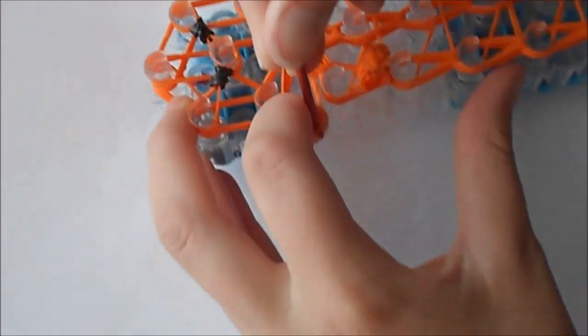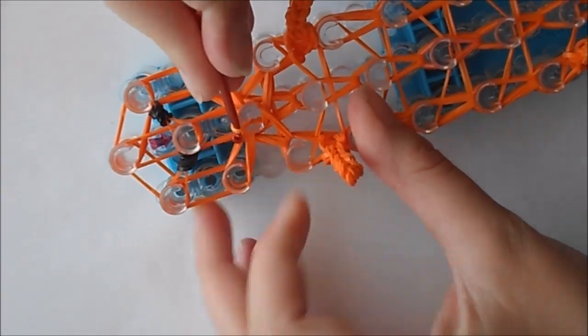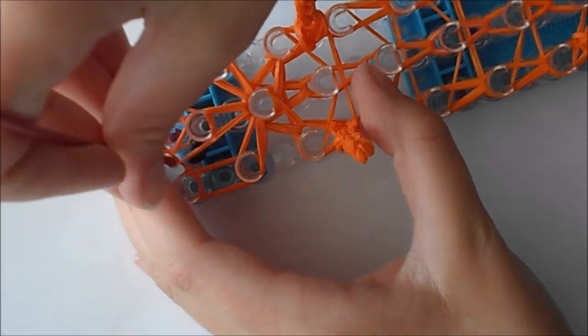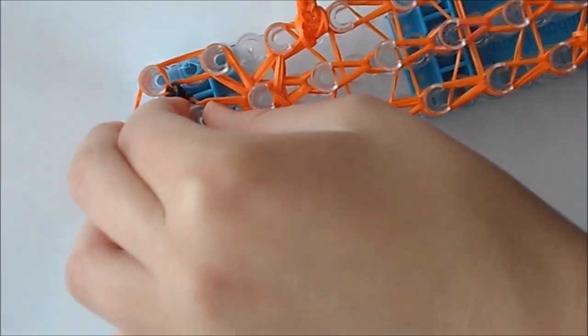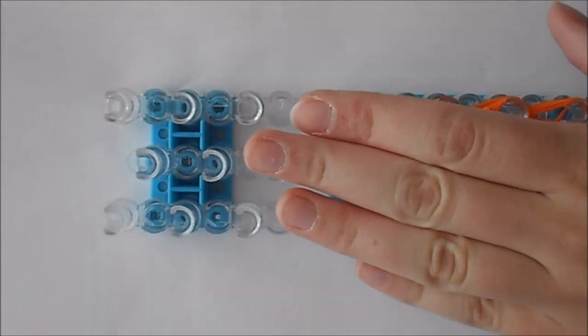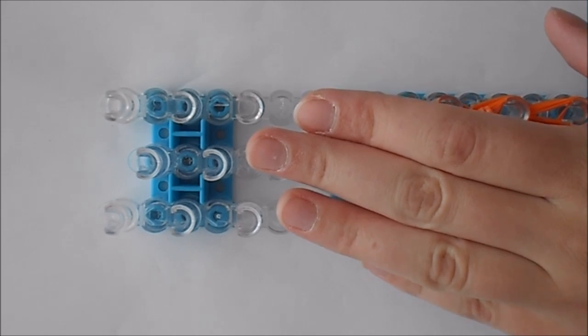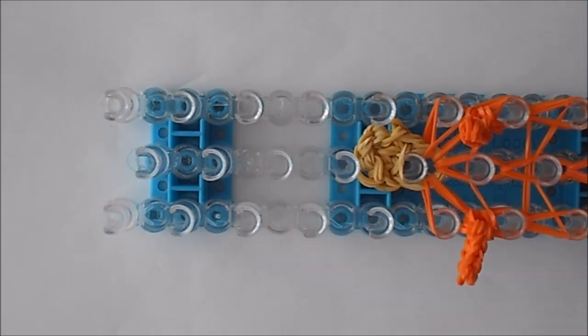You might want to pull it down a little bit if you're having trouble. And then just loop it up. Now we are going to make the muzzle. It's going to be all brown for Eevee except for the nose, and all orange for Flareon except for the nose. So take a single